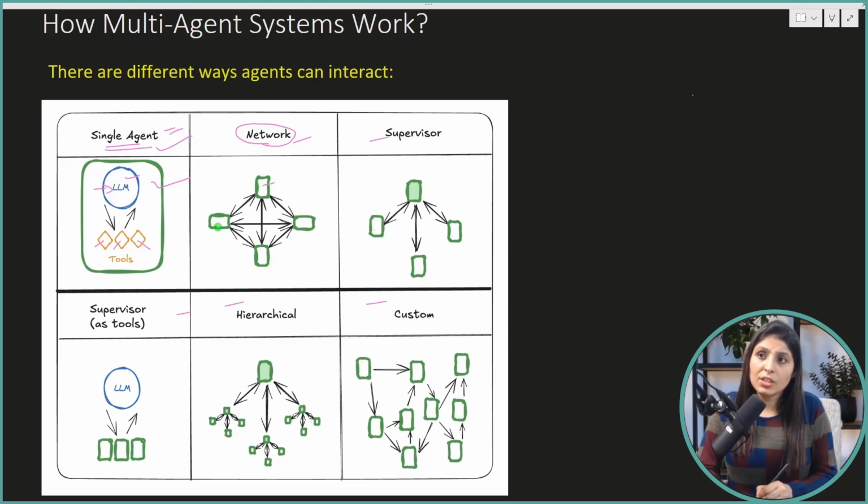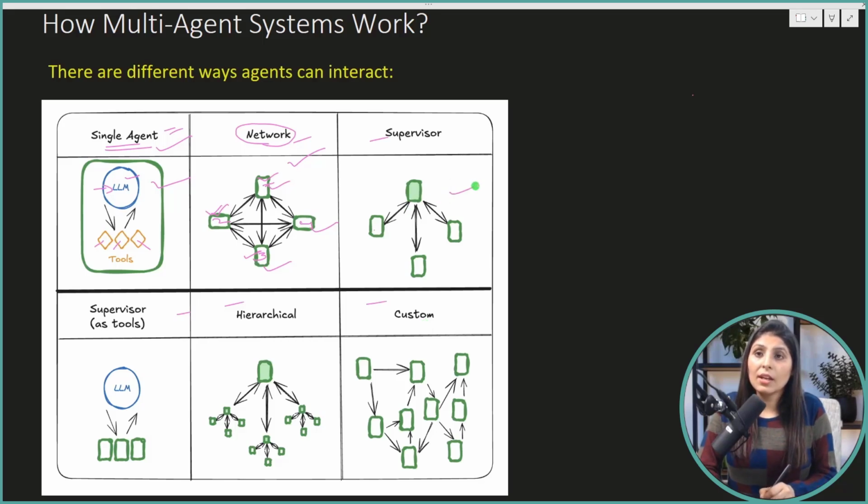See, this is one agent, this is a second agent, this is a third agent, and this is a fourth agent. You will see that agent 1 and agent 2 are connected. Agent 2 and agent 3 are connected. Agent 3 and 4 are connected. Agent 4 and 1 are connected. Agent 1 is connected with 3, and 2 with 4. Means every agent is connected with all the other agents. Suppose you want to build a chatbot where each agent can talk to all the other agents, then you can choose this kind of connection, right?